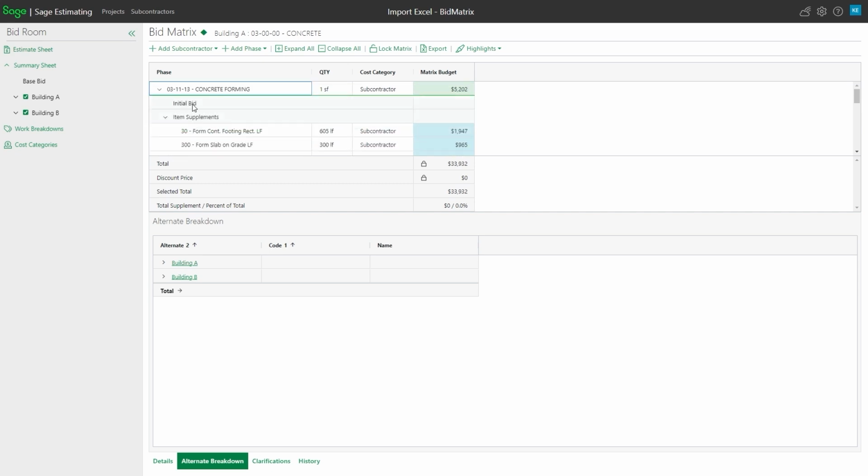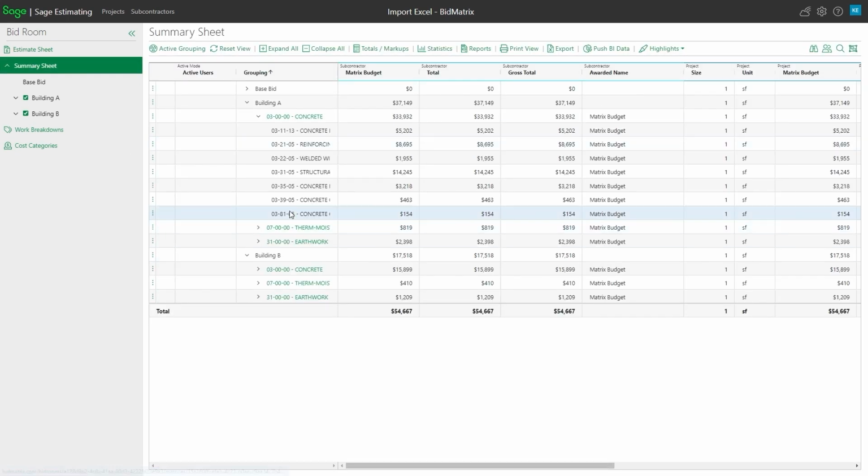So the key is really thinking about in bid metrics, if you want items, what that item description would be, what's your alternate going to be, what's your bid metrics going to be, what's your phases going to be. And you can import any length of estimate and things like that to get you started. So the main thing is just matching up what you want to your main, and that might just be base bid. Everything in the whole darn estimate might just go associated with the base bid because maybe I don't have a detailed breakdown on my alternates, or you might have alternate 1, 2, 3, that type of thing.